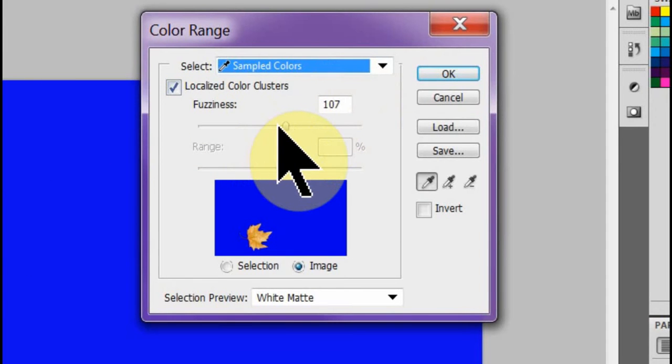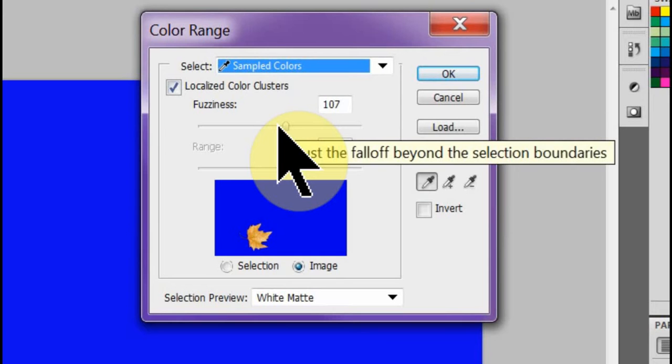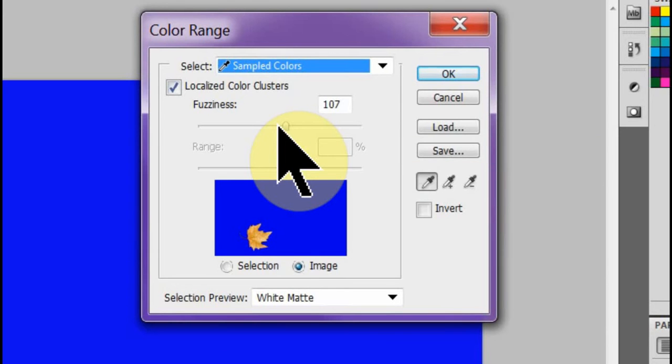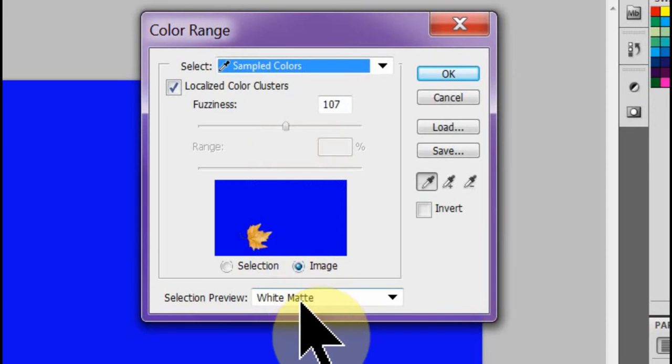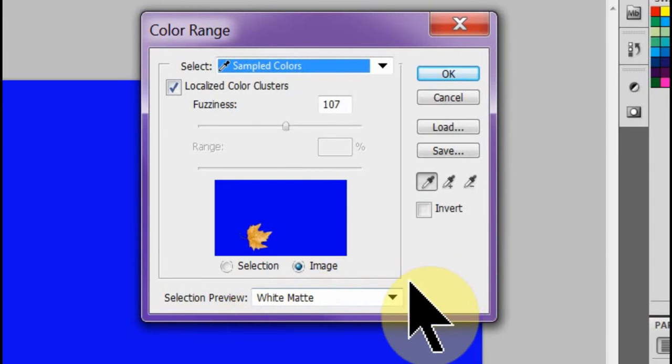Now our fuzziness, the higher we go with fuzziness, the higher range of colors are selected. So we're going to just leave it at 107. The bad thing about Magic Wand is you would use tolerance to choose that range of colors, and then you couldn't go back and really change that. You'd have to just kind of, it was trial and error. But with fuzziness you can actually see what you're doing, because down here you can do a selection preview